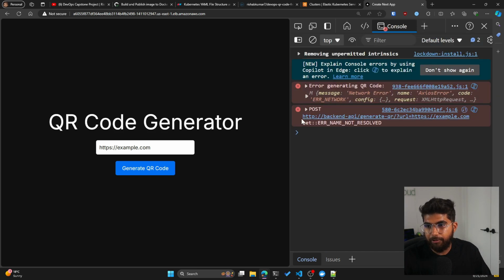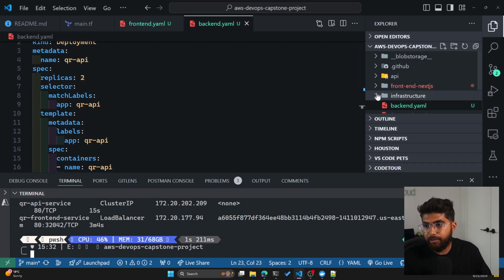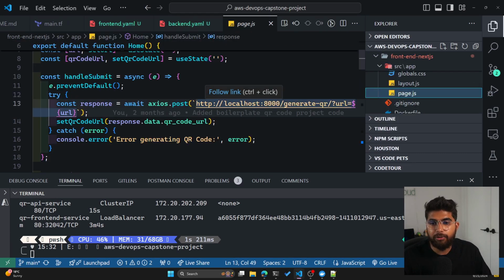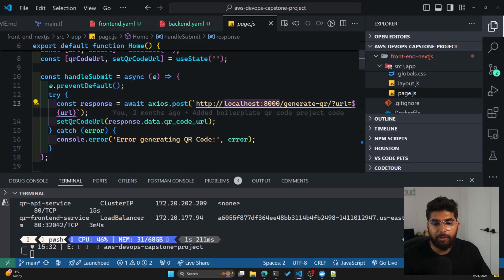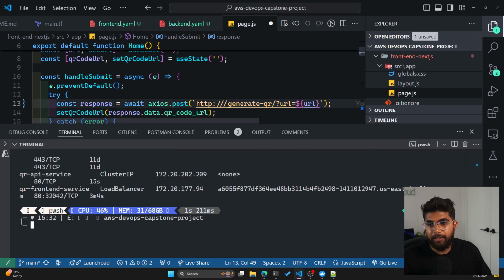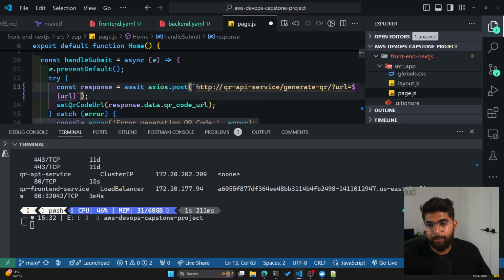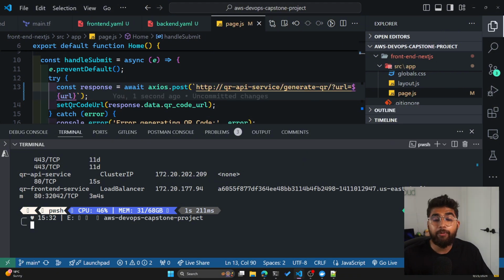If you go to console, you can see it says the name not resolved, because if I go to my Next.js code here, we'll see that this is set to localhost. But instead, what we want is the service address. So this is where our API is running. It's called QR-API-service, and /generate QR code is the endpoint that my FastAPI listens on. So now I'm going to hit Control S, but we'll have to build a new